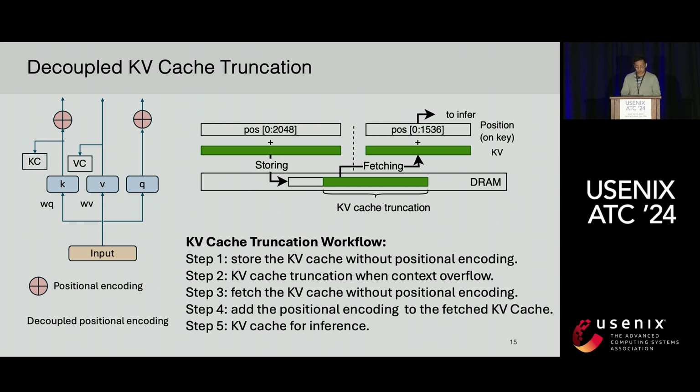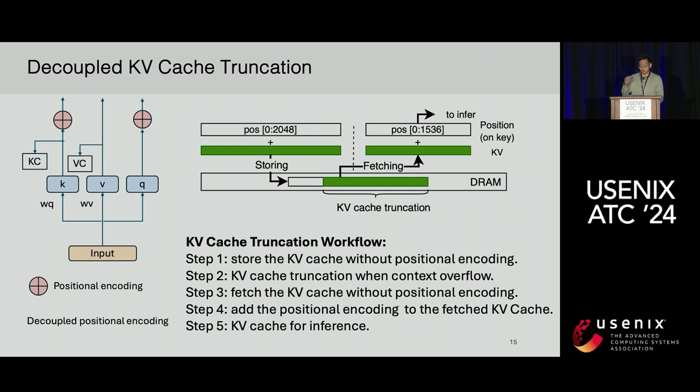So for the KV cache truncation workflow, in the first step, when we save the KV cache to the KV caching system, we save the key and value of that, not integrated with positional information. And when the KV cache is hit, and we want to fetch the KV cache, also when the context overflow happens, we can directly truncate the KV cache in the memory, and